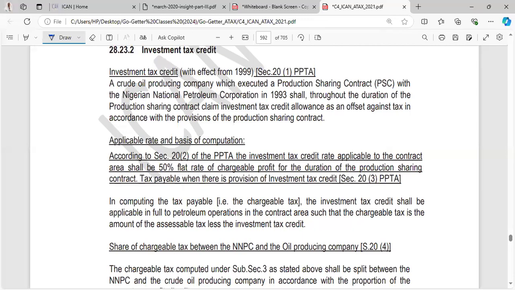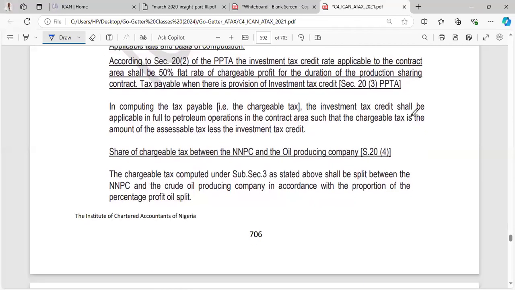Now, the applicable rate is 50% of chargeable profit for the duration of the production sharing contract. In computing the tax payable, the chargeable tax, the investment tax credit shall be applicable in full to the petroleum operations in the contract area. So what it means here is,